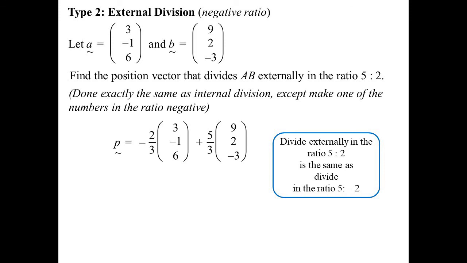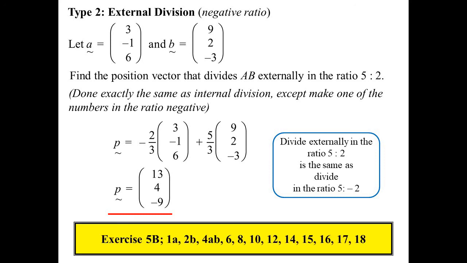So the denominator is 3. Swap the ratio around to get the numerator. I've put the negative on the 2, so it's -2/3. And then the other one is +5/3. And then we multiply them by the other position vectors. And there's our answer. So it's 13, 4, -9. All right. That'll do us for that piece of,